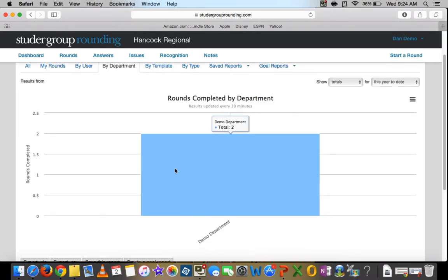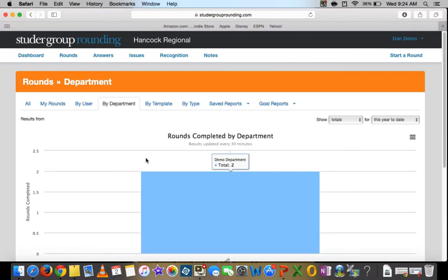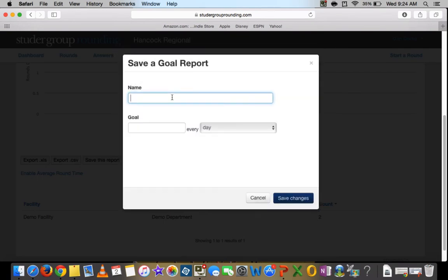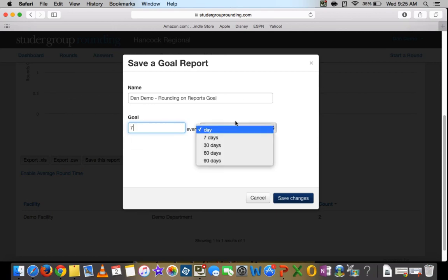department. So to create a goal report, you click on rounds and then by department, and you scroll down to create a goal report. And for the sake of this example, I'm just going to do Dan Demo rounding on reports goal. Something easy that I'll remember and we'll be able to refer back to in the future. And then, as I said, he has 7 people in his department that he has to round on, so we'll put the goal there. And then, because of the tier that he fits in,